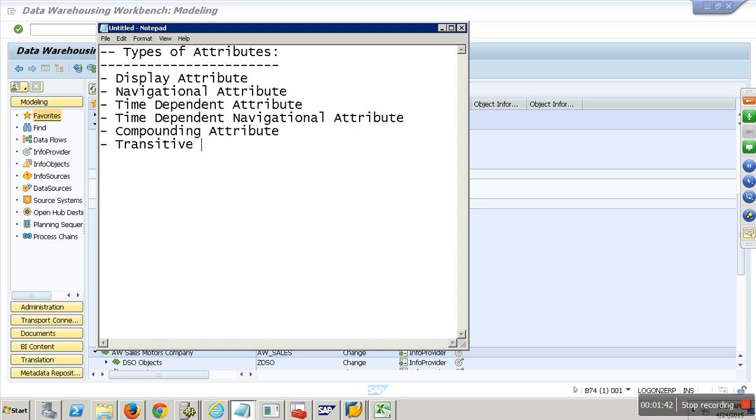For now we'll take this as transient. If it's something else, I'll change it. Second level of navigational attribute is